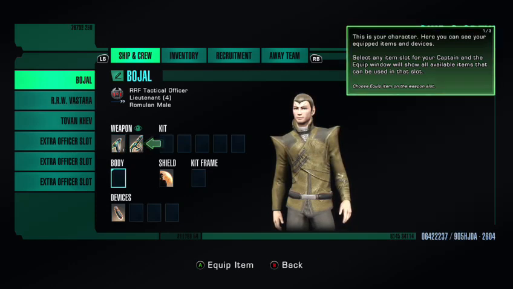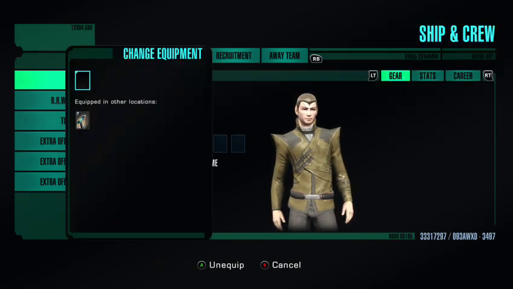This is your character. Here you can select the...